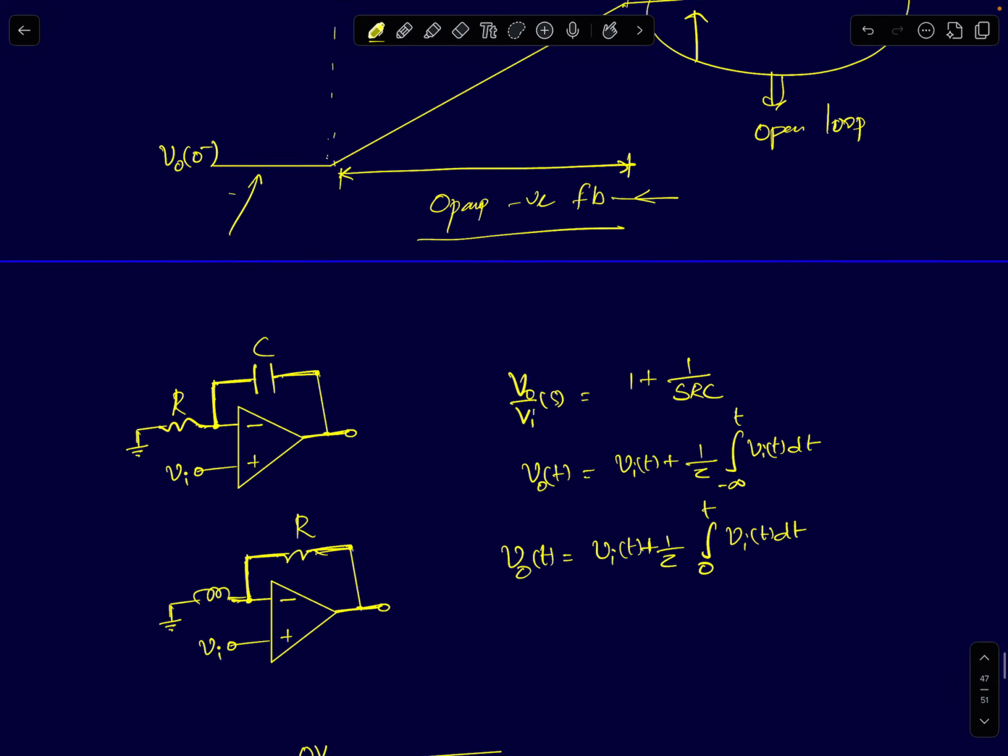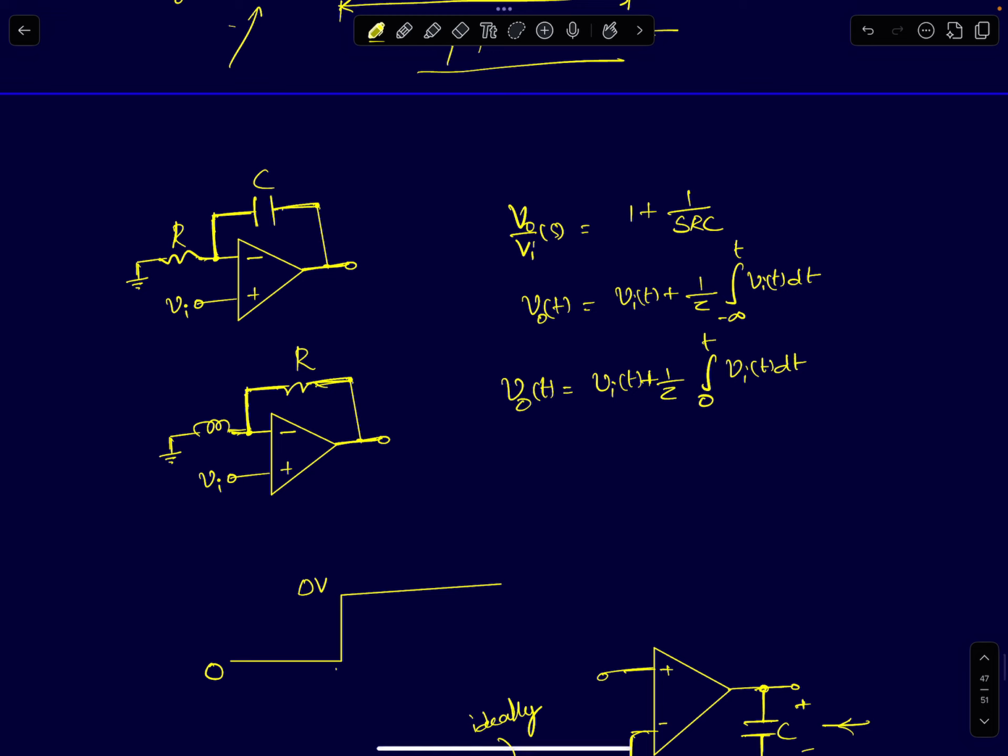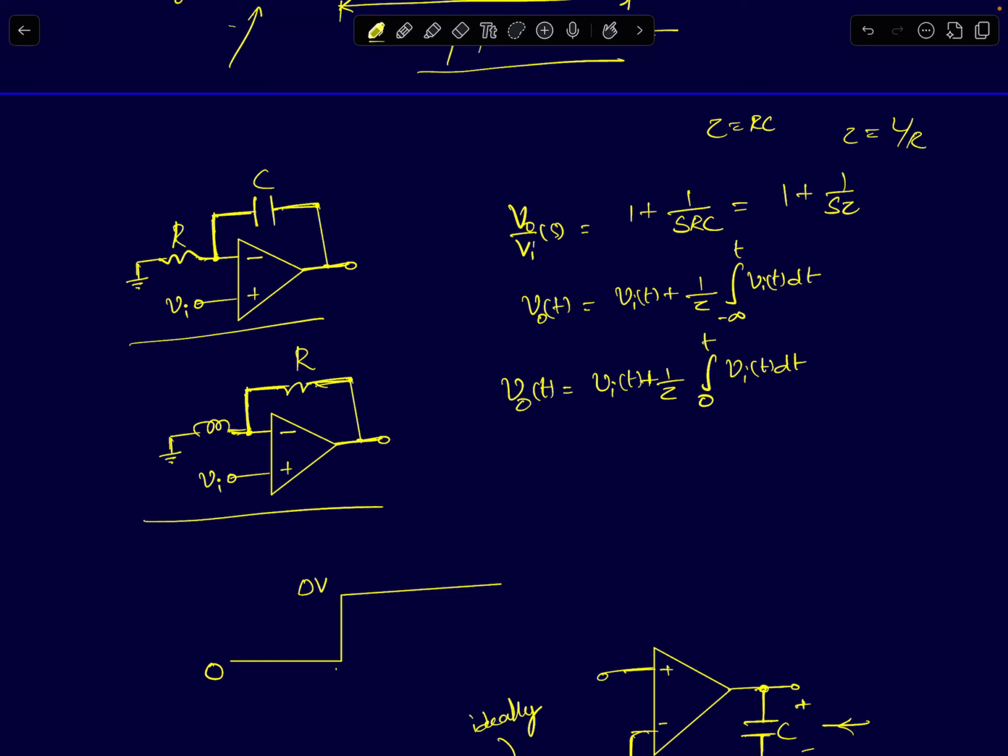So the same thing for non-inverting integrators. I have shown here a non-inverting RC and a non-inverting RL integrator. The general transfer function can be written as 1 plus 1 upon s tau, where tau is the time constant. For an RC integrator, your tau will be RC. For an RL integrator, it will be L upon R. So if you express this in time domain, you will get an expression